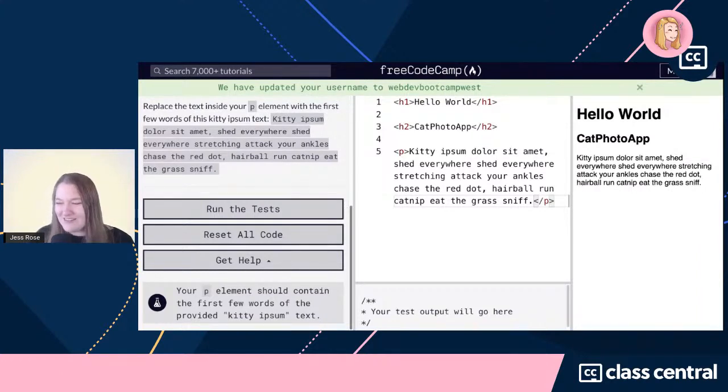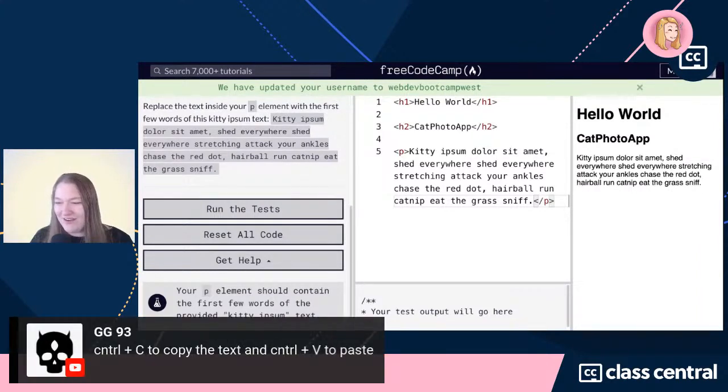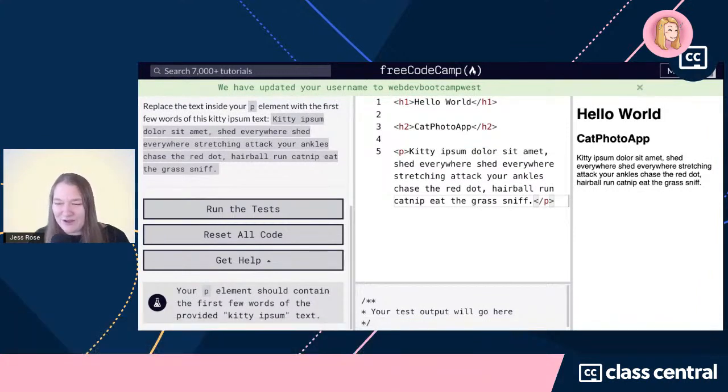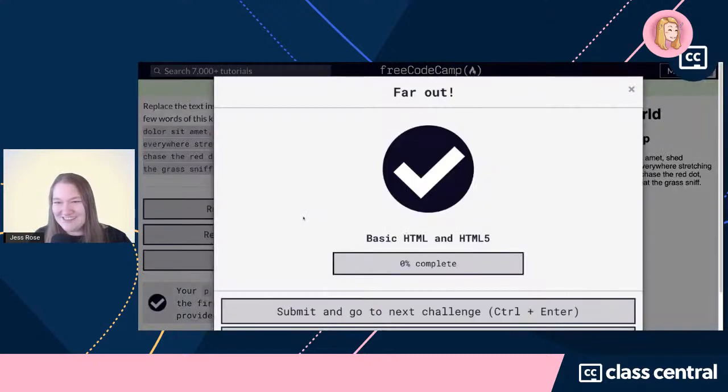Yep. Oh, we've got such a good point being made here, thank you so much. I really should have pointed this out. When you want to copy a piece of text, it's Control or Command C. And when you want to paste that again, it's Control or Command V. Thank you so much for pointing that out. I was being rubbish. I am gently confident that if we run all tests,